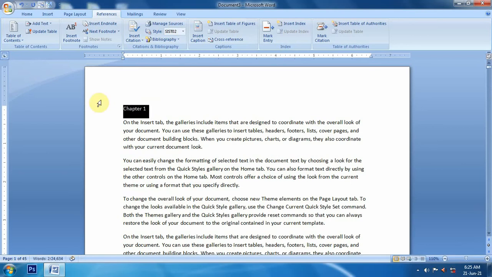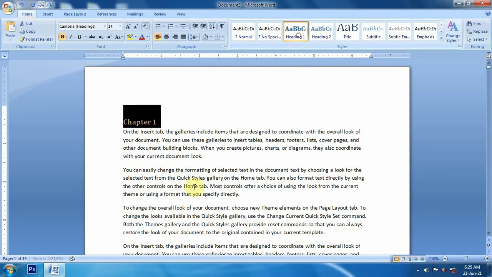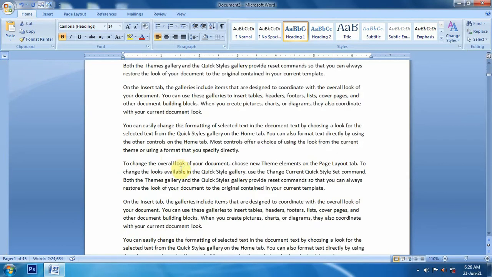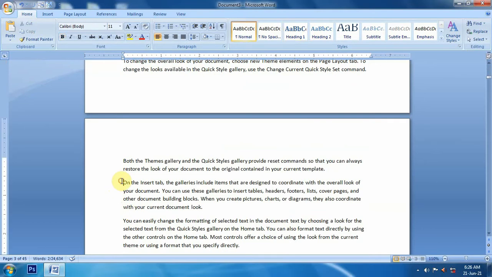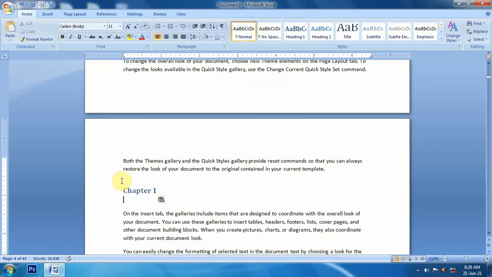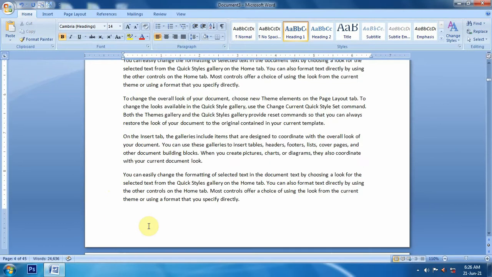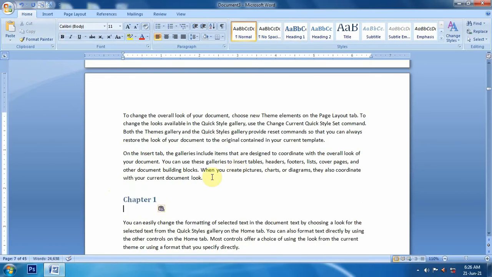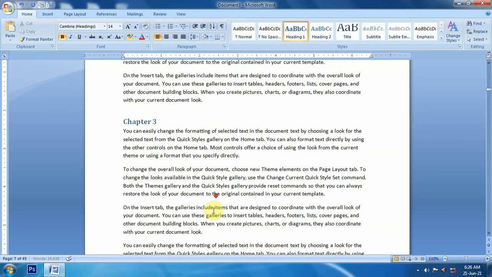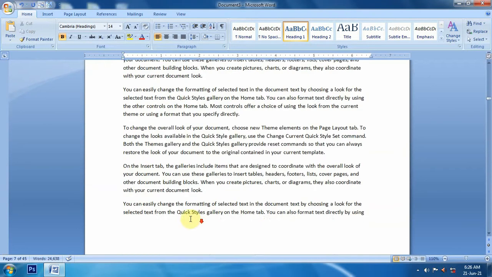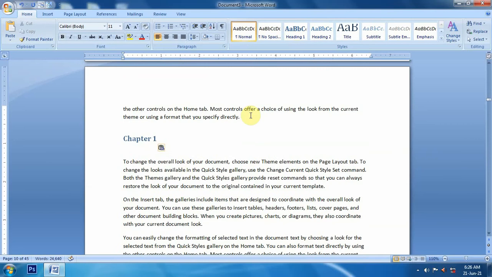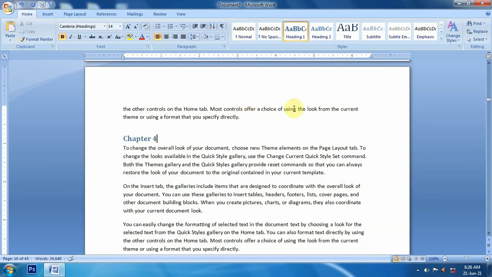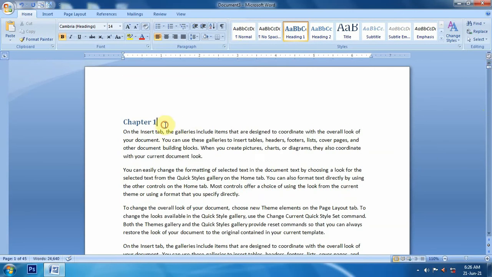Now suppose it is a very long, lengthy document and it is chapter 1. So first of all I will place headings, chapter 1, Control C, I will copy it, and after 2-3 pages I will say it is chapter 2, and after a few pages I say it is chapter 3, chapter 4. Like this I place a few headings which are chapters.